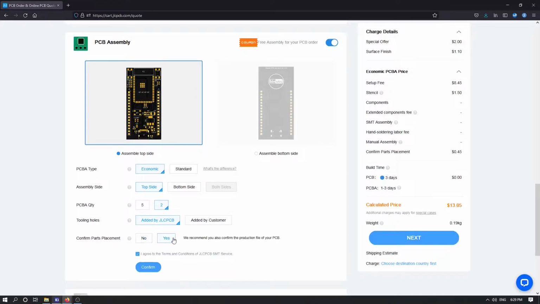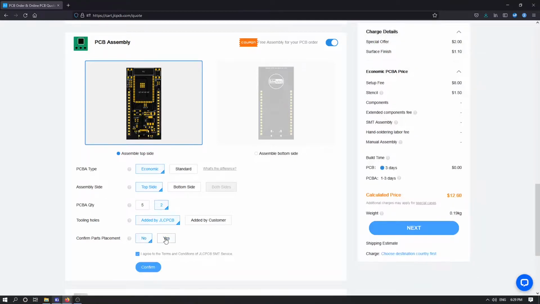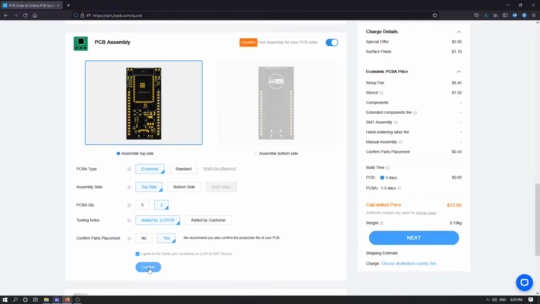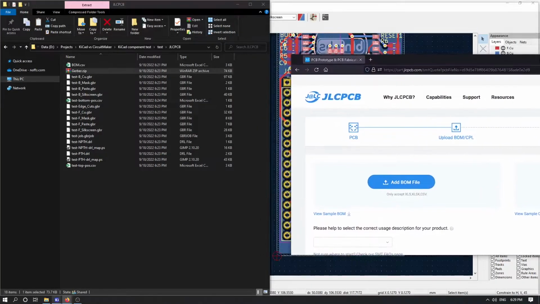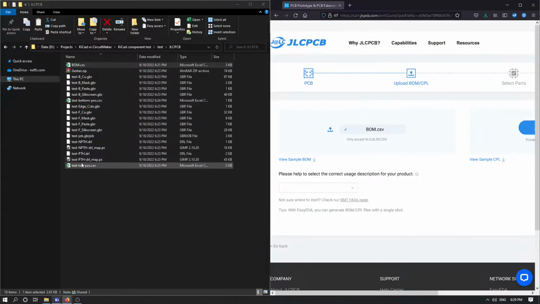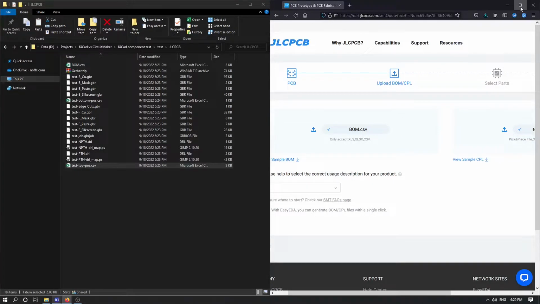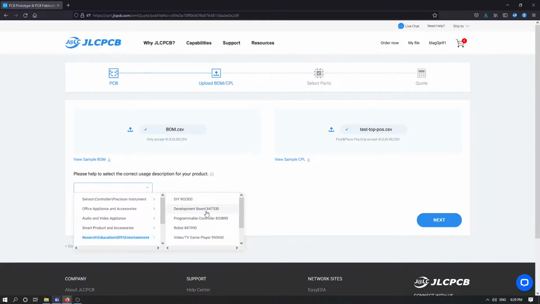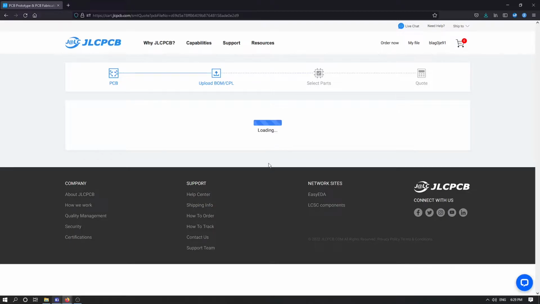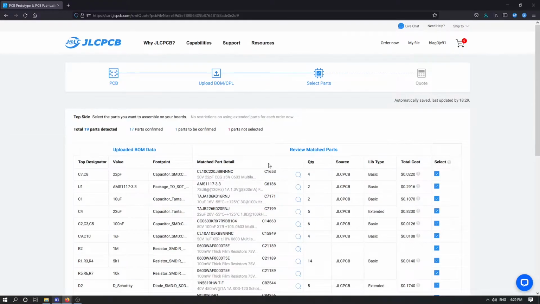And I would like to confirm parts that I'm selecting. Yes. Confirm. Now we need to upload BOM and our pick and place files. So let's do that. BOM, pick and place file. And here we need to select for what purpose we are using this project. In my case we are using it for research, and this is basically a development board. Click on next. Now JLCPCB will go over everything and select what parts we need,